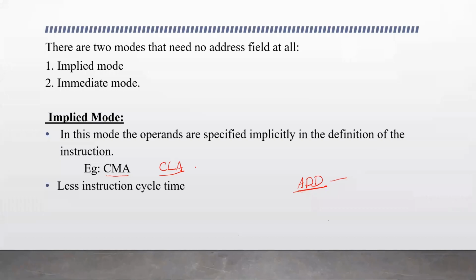You remember in the earlier chapter, we learned about the set of instructions available in a basic computer: the memory reference instructions, where the operand is stored in memory, register reference instructions, and IO instructions. These are all register reference instructions, where the operand is in register. In this case, CMA, the instruction specifies that the operand is in accumulator. CLA, the operation is to clear the content of accumulator.